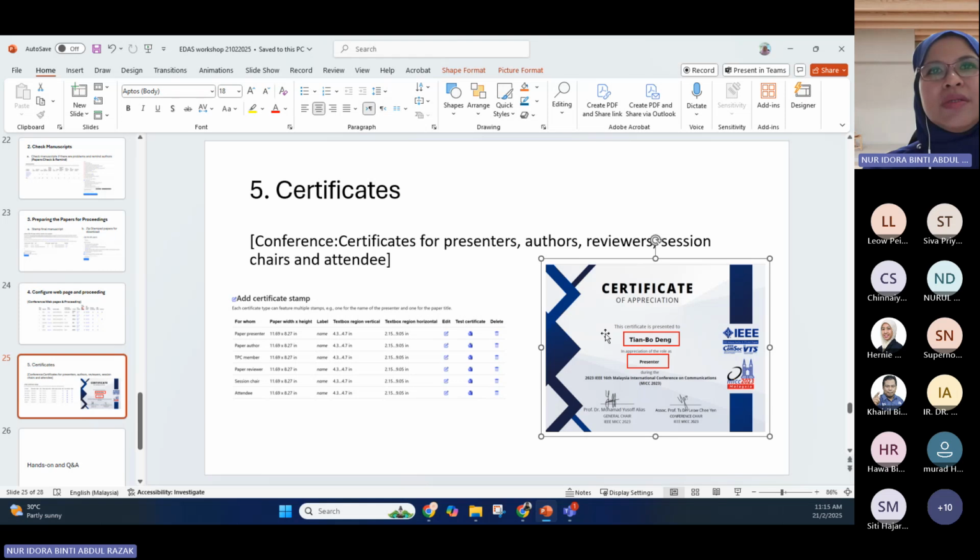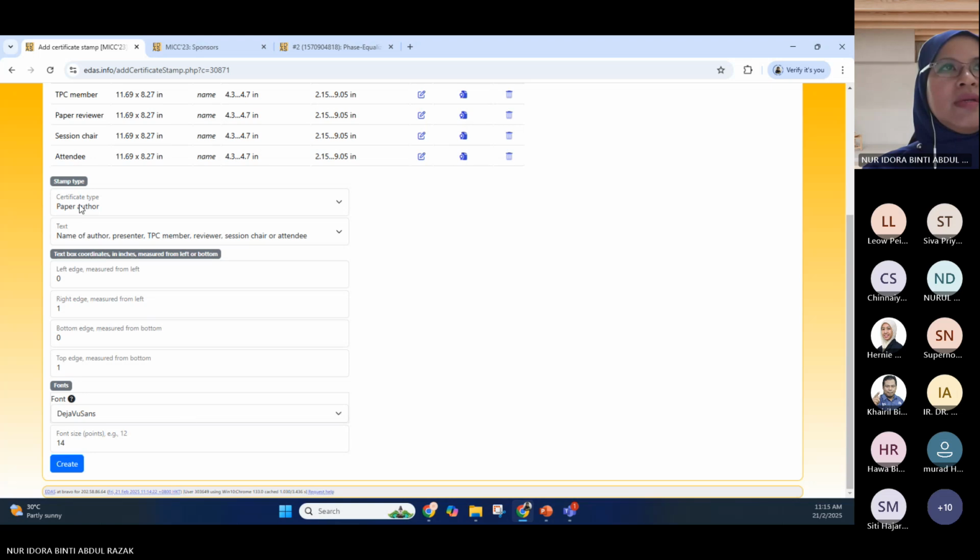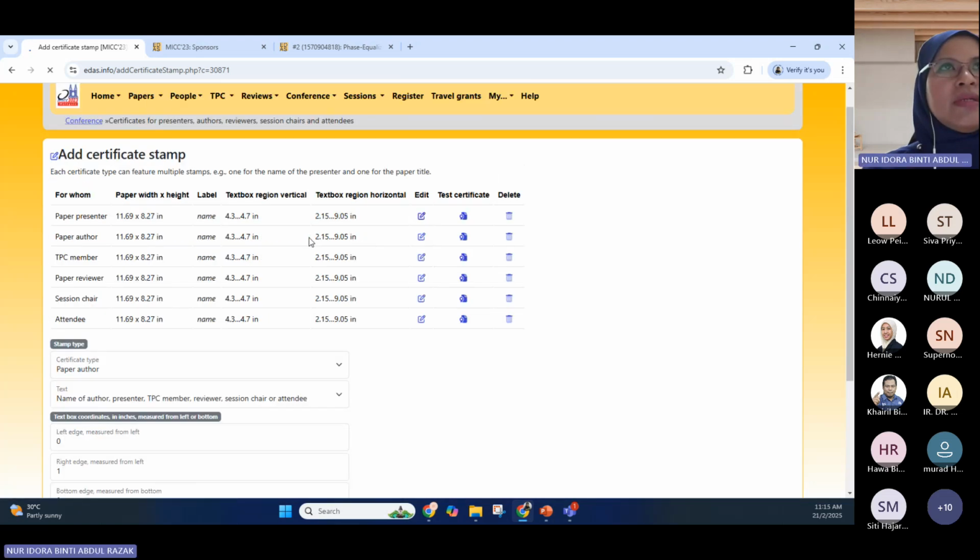So in this box you will add the names. Like for example, this one, the text box region is